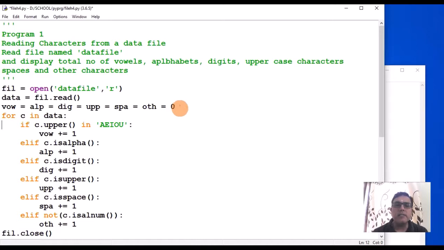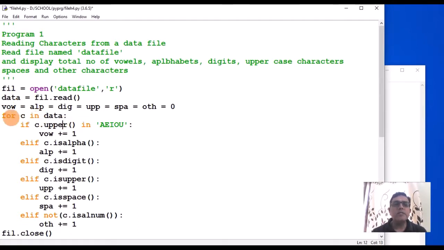All these are 0 initially. What is this data? This data will be a string containing the contents of your data file. Now you can process this string one character at a time.